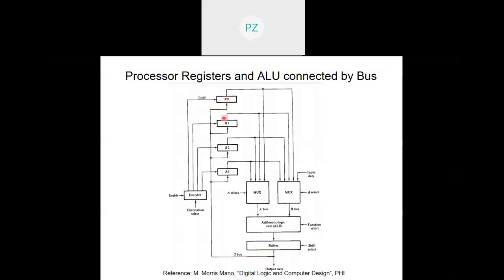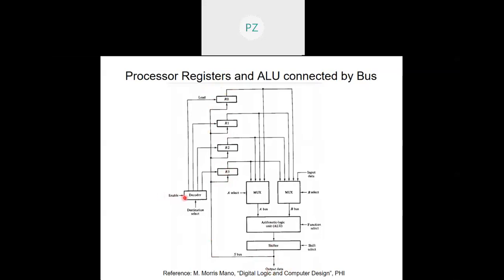This result needs to be stored in any one of these registers. So now this destination select will decide which one of these registers is going to accept data, because any one of these lines will be high at a given point of time depending on the destination select and depending on the enable being available, right? When this is disabled, data will just be available to the outer world as the output data, and it will not be written into any one of these registers, so as to save the contents of these registers from being overwritten.